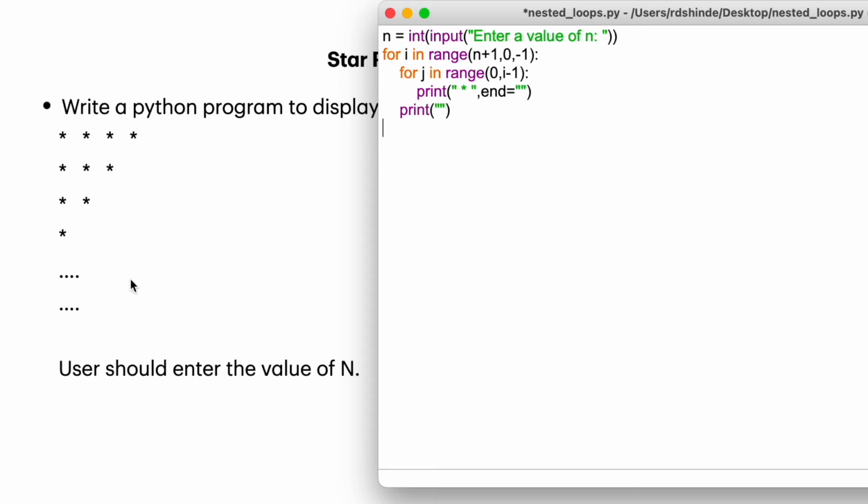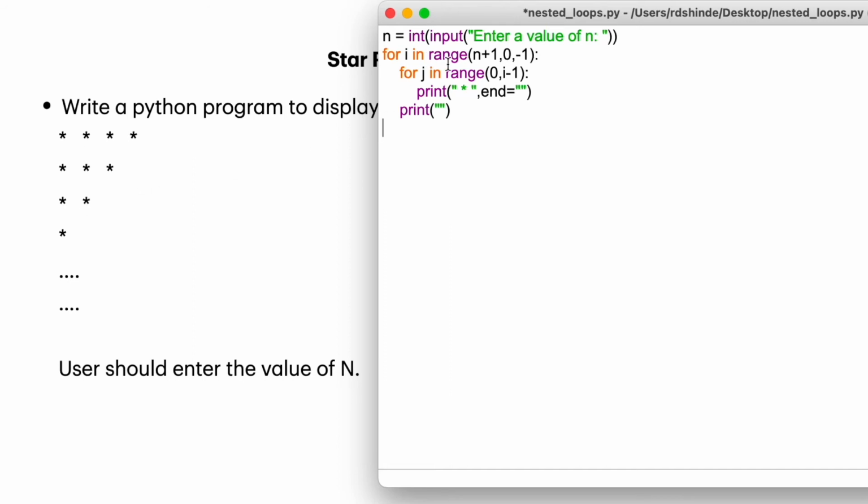Try to understand here: the outer for loop will push the control one by one to the next row, and the inner for loop will be printing the number of stars we want to print in that particular row.